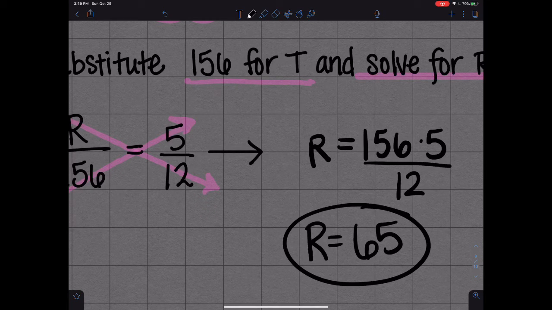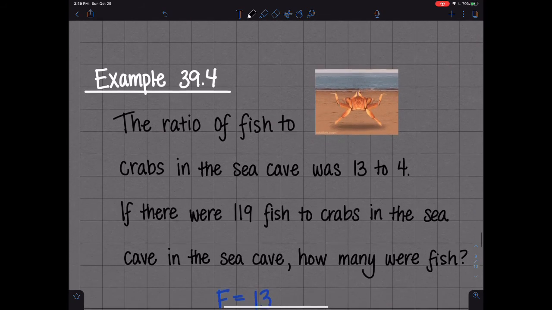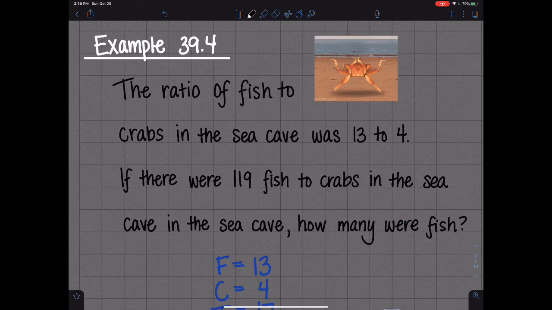Alrighty, so it's a lot of steps, but that's what happens when they give you really complex ratio problems. Let's do another one to make sure that you've got it. Okay, so this is example 39.4, and it says, the ratio here of fish to crabs in the sea cave was 13 to 4. Now, if there were 119 fish, so this is like the new number of fish, to crabs in the sea cave,